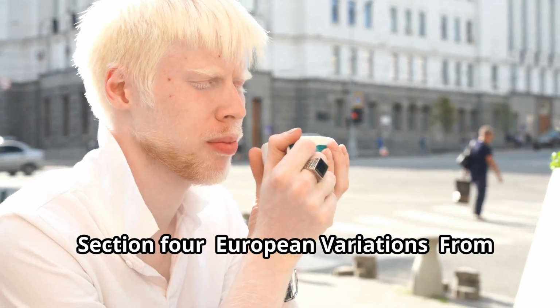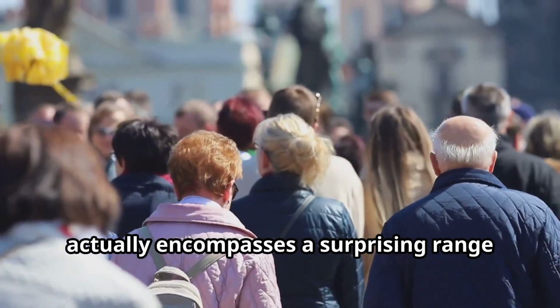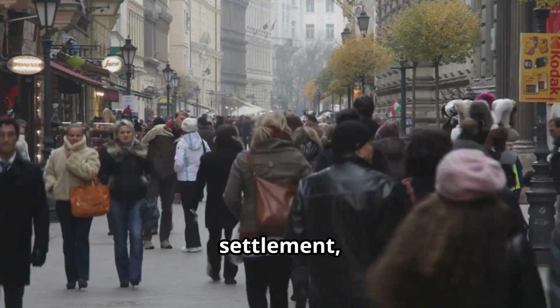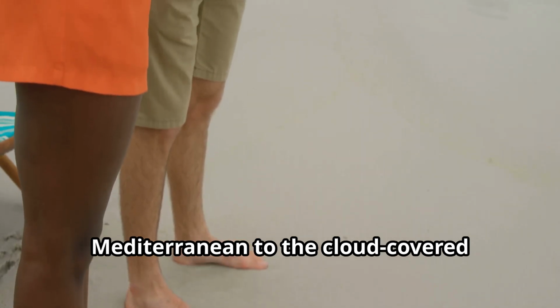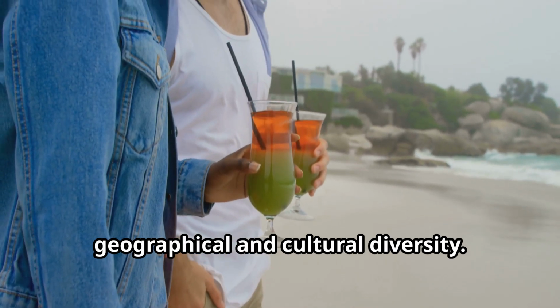Section 4. European Variations. From Alabaster to Olive. Europe, a continent often associated with fair skin, actually encompasses a surprising range of pigmentation patterns, a testament to its complex history of migration, settlement, and adaptation to diverse environments. From the sun-drenched shores of the Mediterranean to the cloud-covered landscapes of Scandinavia, Europe's human palette reflects its geographical and